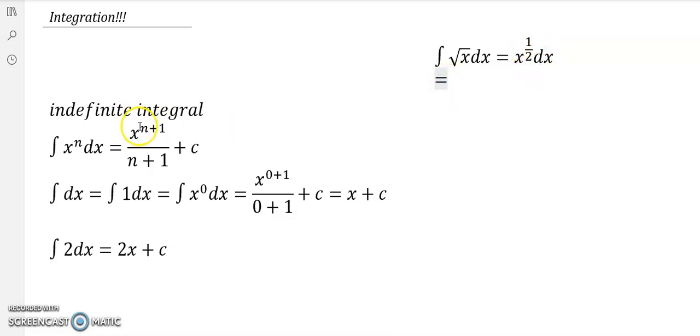However, our n here is half. Let's replace n by half plus 1. Then we will get